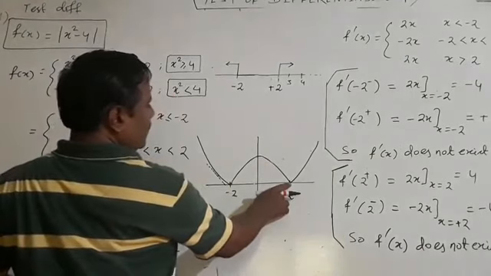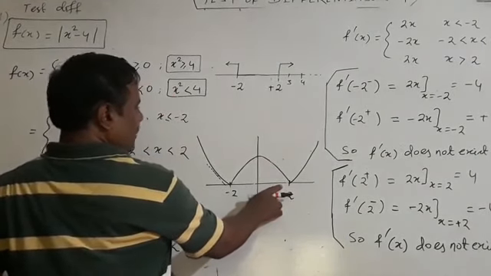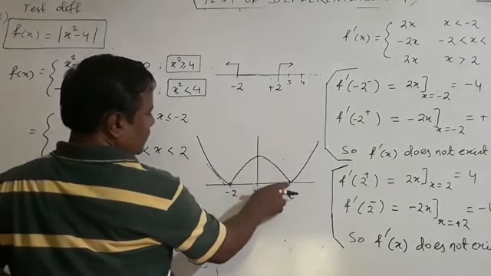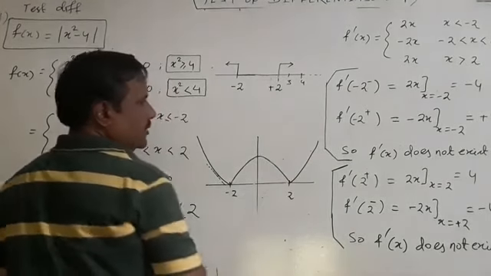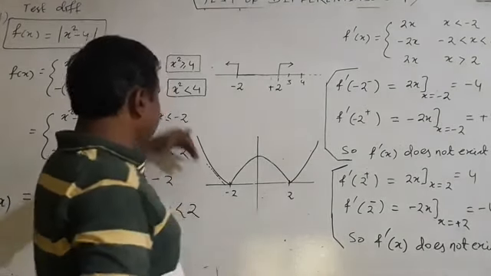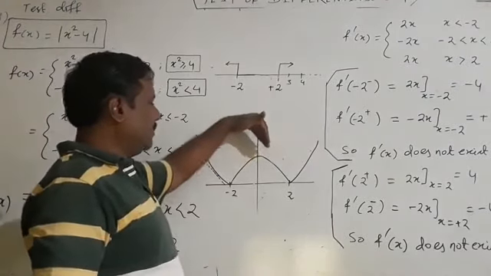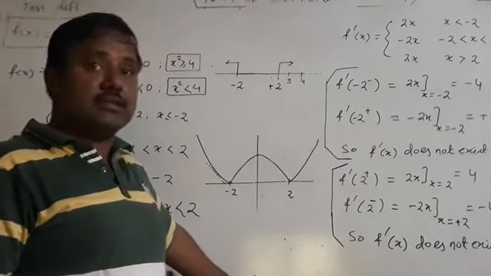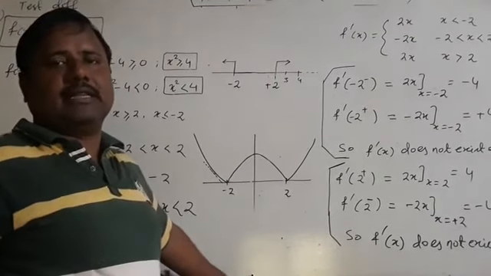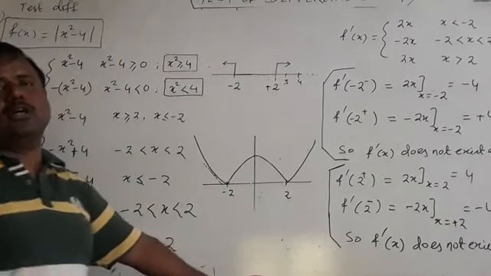Here too, when you go to the minus side, the slope is negative, and when you go to the plus side, the slope is positive. Here the slope changes from negative to positive. When the slope changes suddenly from negative to positive, at that point also the function is not